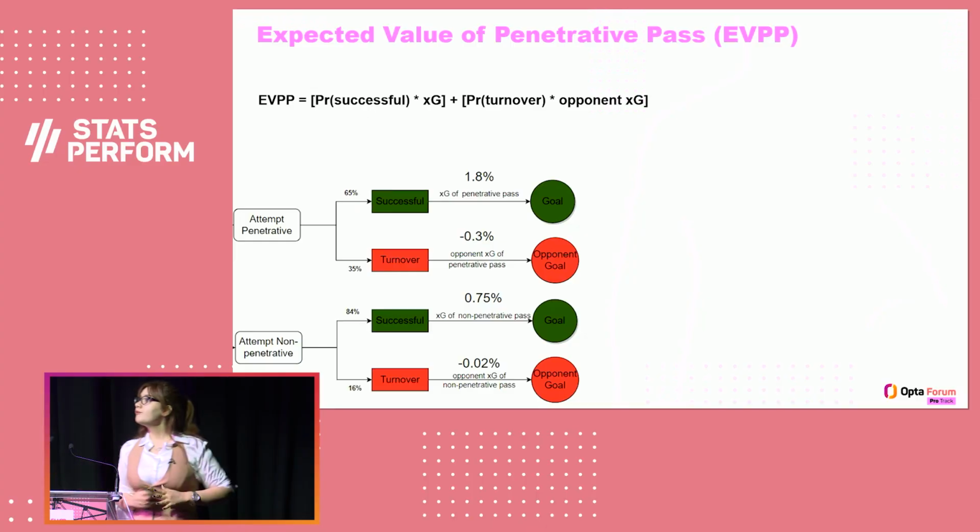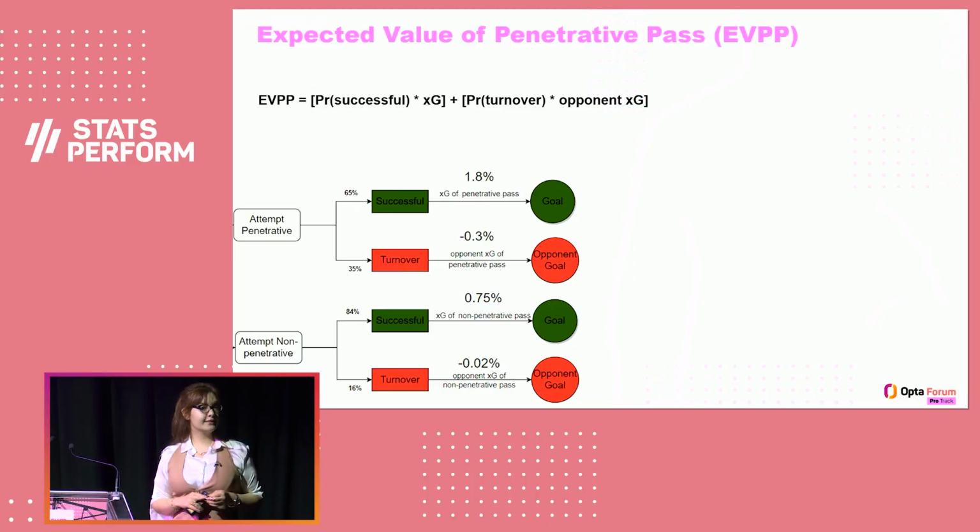In order to evaluate that and find some trade-off between this risk and reward, as I said, we cannot easily evaluate that kind of passes because we don't know what the outcome actually is. Therefore, we need to break it down or decompose this metric into the outcomes that are either successful or unsuccessful. Therefore, we are creating a new metric which is called expected value of penetrative passes,